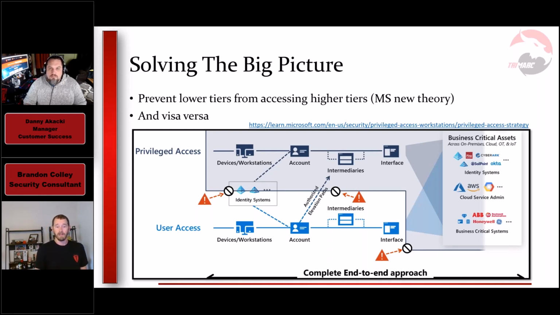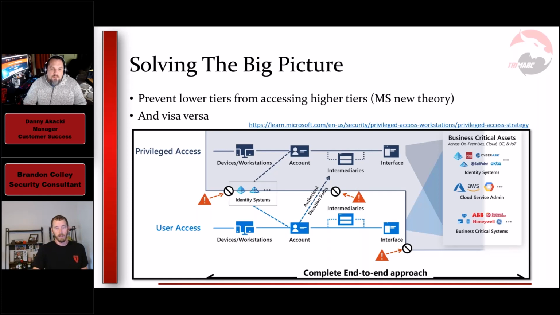Things like this that break in that vice versa way introduce problems such as NTLM relay attacks, impersonation, and token theft, and that's what a privileged access workstation, or a PAW or a SAW, attempts to fix.